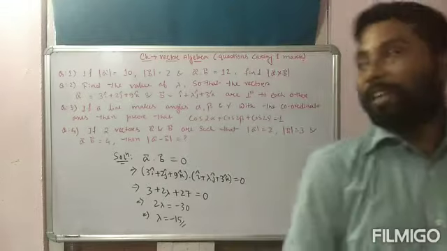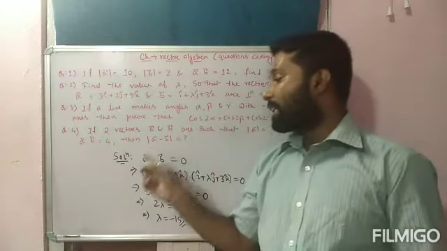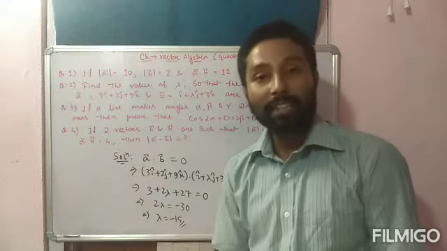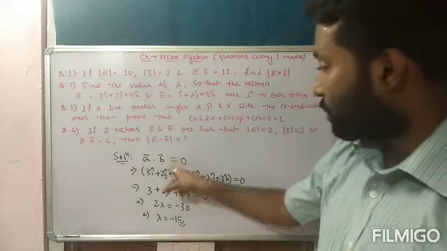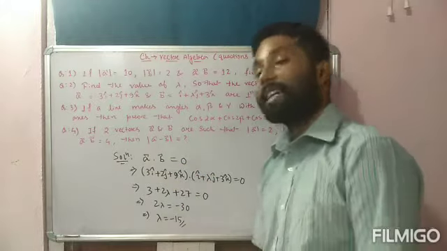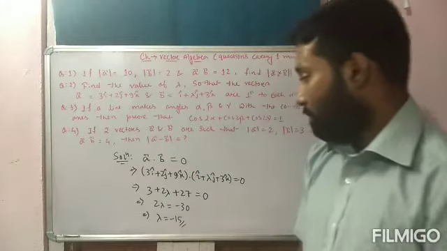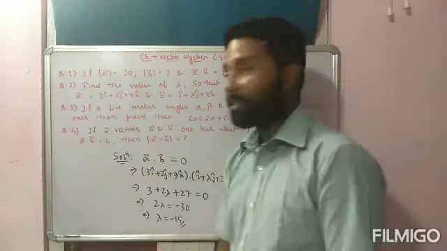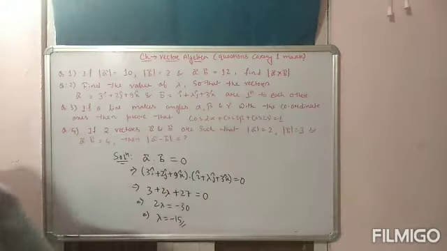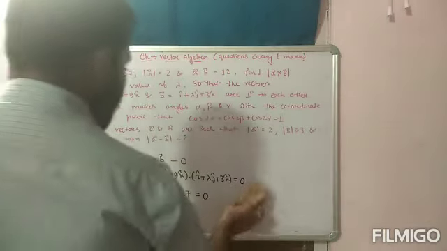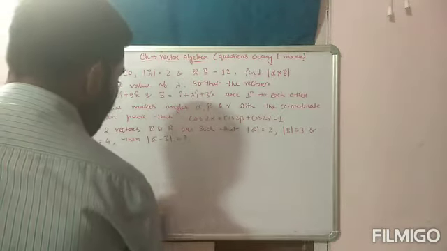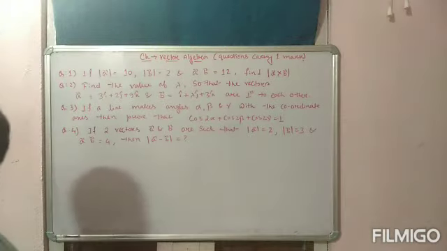Okay. So if any two vectors are perpendicular to each other, then the condition is that the dot product is always 0. So वो dot product equal to 0 का condition apply करके lambda का value minus 15 आया. Okay. So this is the solution of the second question. Now look at the next question. That is question number 3.